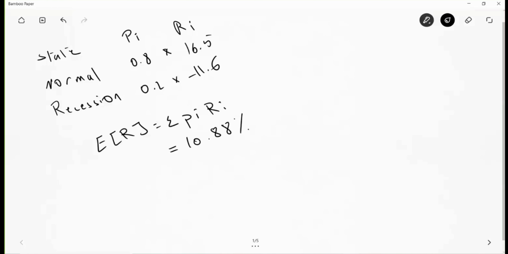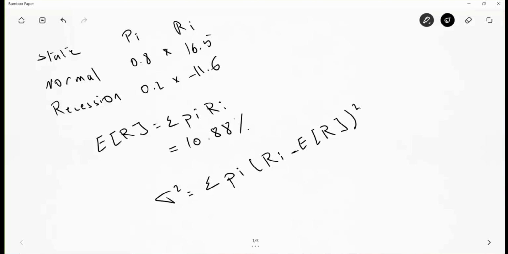Now the formula for the variance is equal to the following: the sum of PI times RI minus the expected return squared. So I need to compute the deviation or the difference between the return associated with each state of the economy and the expected return, square that value, and then I multiply it by PI. So here I will add RI minus expected return